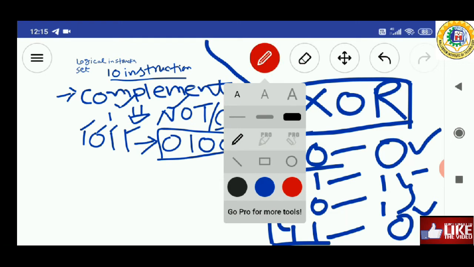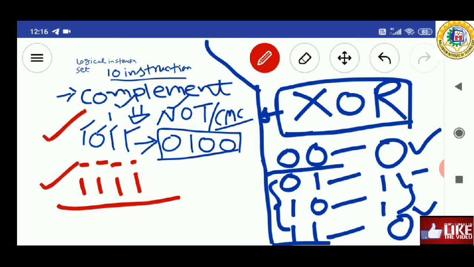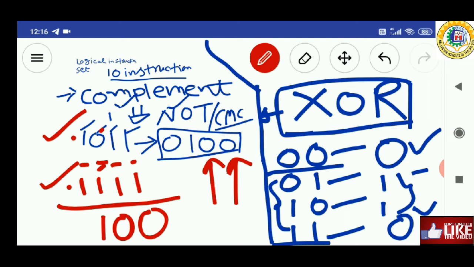Suppose we have the number 1011, and we want to complement it. We XOR this number with 1111. XOR of 1 and 1 gives 0, again 1 and 1 gives 0, the dissimilar pair 0 and 1 gives 1, and 1 and 1 gives 0 again.